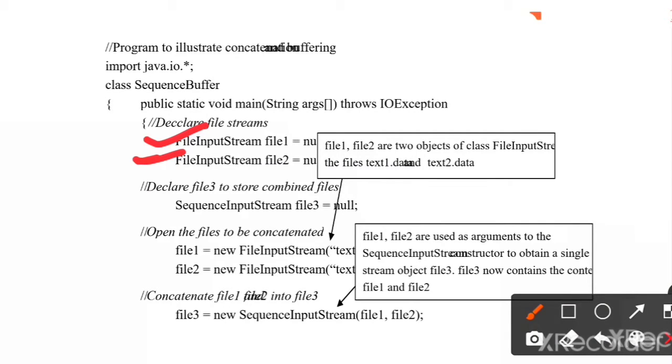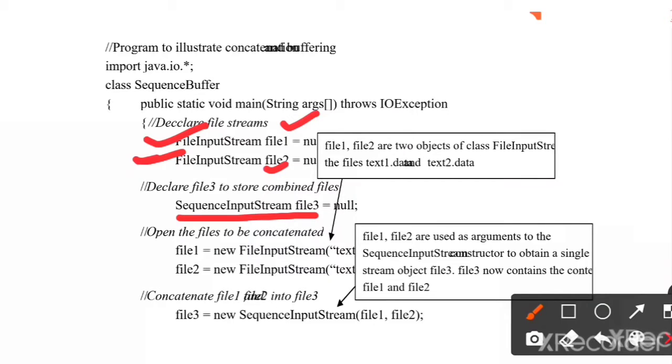Later we are going to initialize these objects file1 and file2 to the input files. And in the next line we are creating an object of SequenceInputStream, that is file3, also initialized to null.